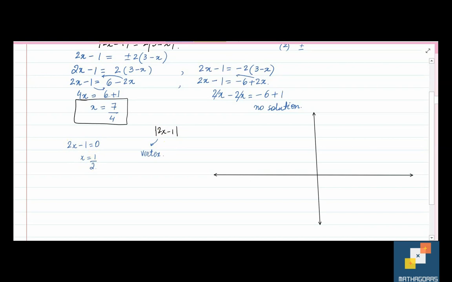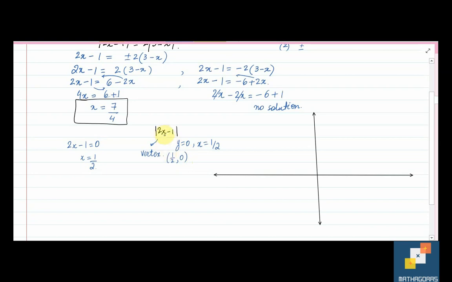Or you can say that y is 0 at x is equal to 1 upon 2. It will be good if you write it in ordered pair form, 1 upon 2 comma 0, that is your vertex point. If you talk about the intercept, when x is 0,